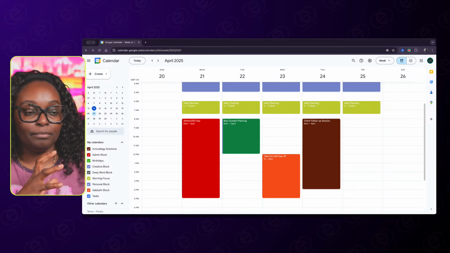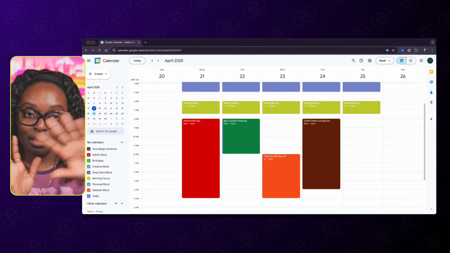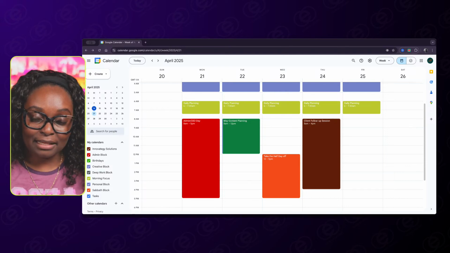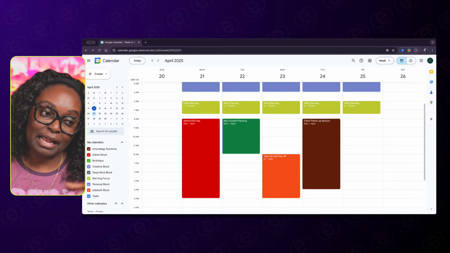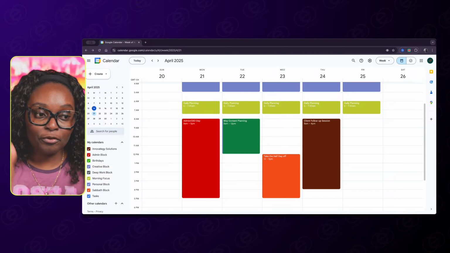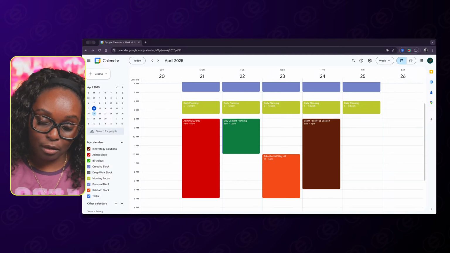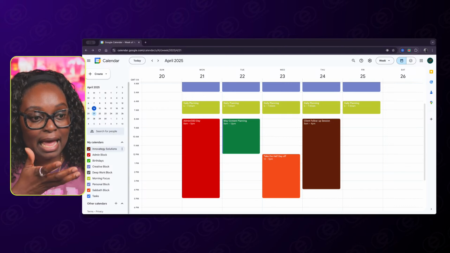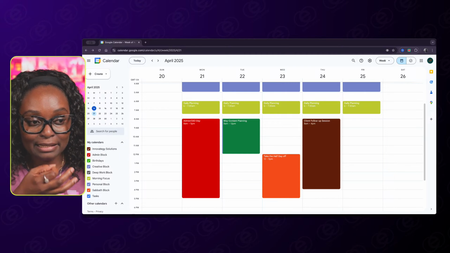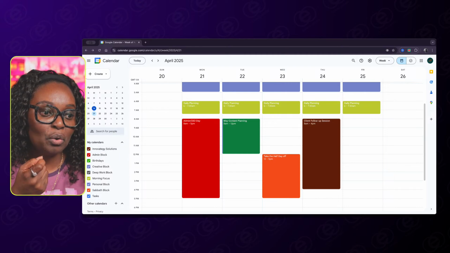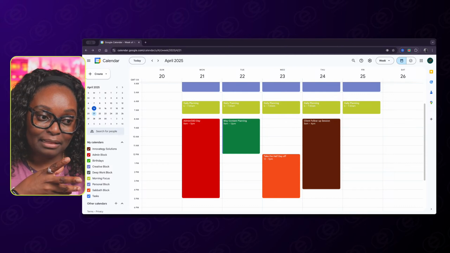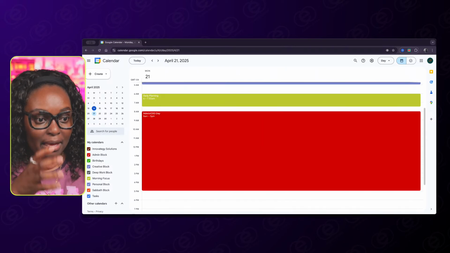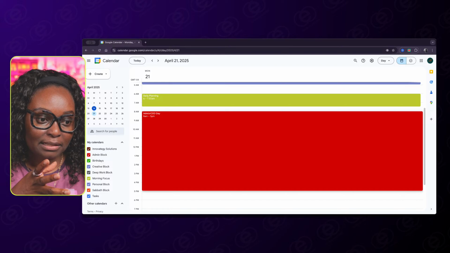I always say this: list all the things that you have to do, a giant list, and take from that entire list three things that you're going to prioritize each day to get done, and focus your time on those three tasks. So let's say for example on the 21st, I may have three major tasks that I need to get completed. So yes, I have my overall admin day. I'm going to switch to day view. All right, so I may have my admin day here, but let's say for example